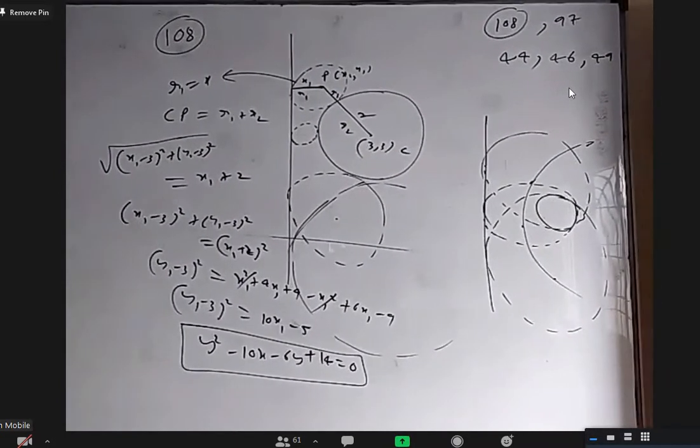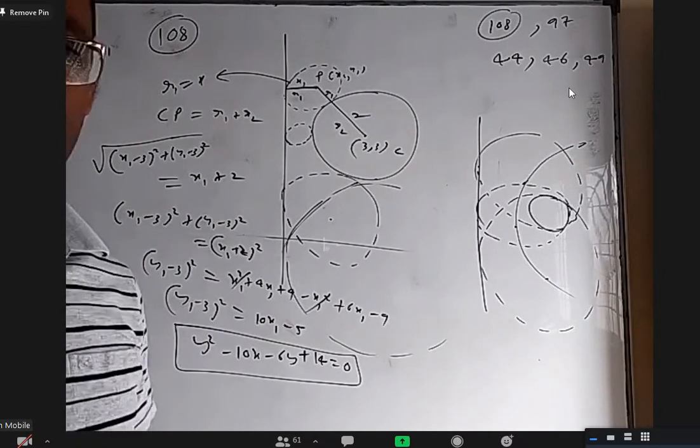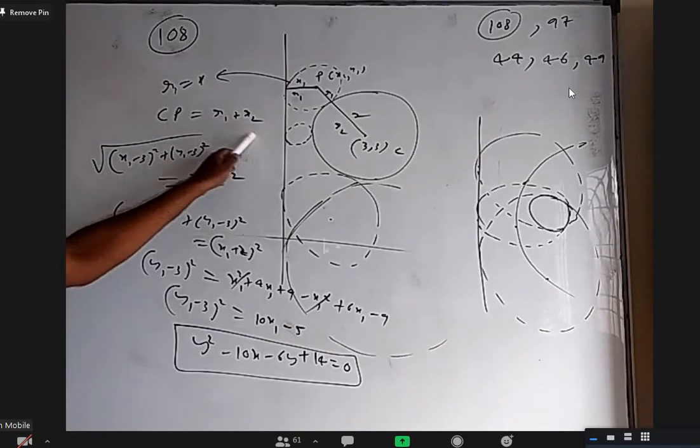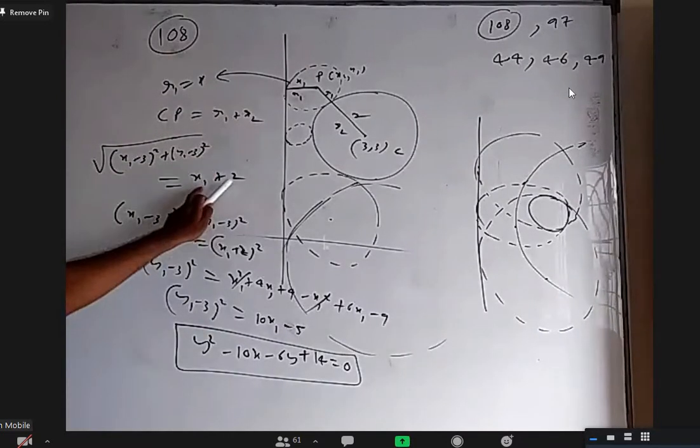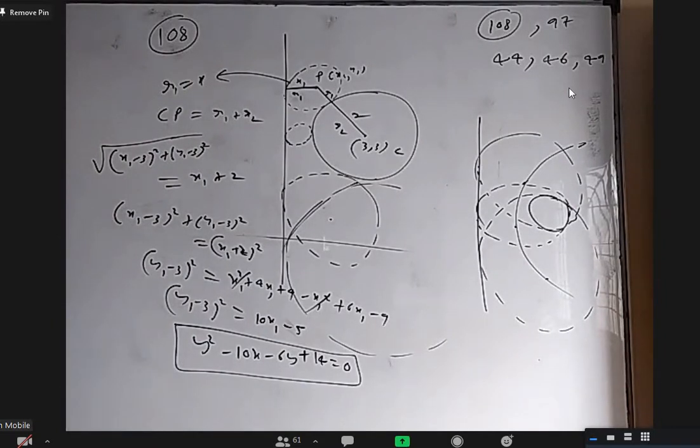Sir, yes, please. I didn't get it. Why is it x1 minus x2? What happened? I didn't understand why it is x1 minus 2 in the other case. For two circles to touch internally, what is the condition? C1C2 equals mod of R1 minus R2. Yes, sir. So internal means here we will get minus. We will get mod of x minus 2 square root. Is it okay? Yes, sir. Okay.